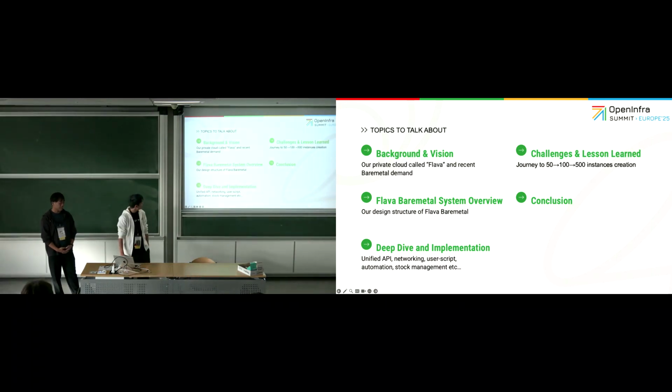So these are the topics to talk about. In short, we'd like to share about the Baremetal as a service in our private cloud based on OpenStack. So first,